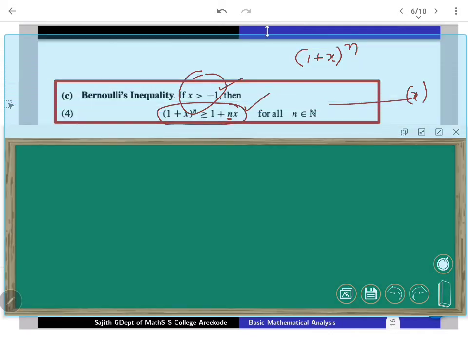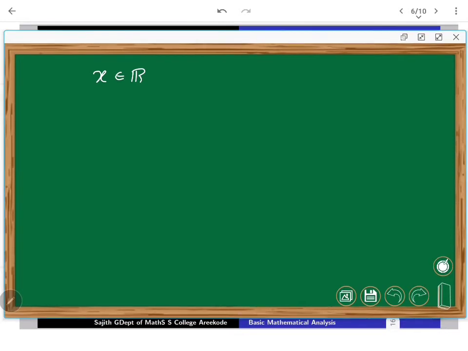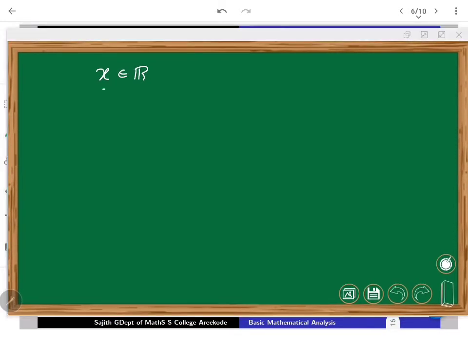So the absolute value function is defined like this. Take any real number x, then trichotomy guarantees that it should be either positive or negative or equal to 0. So let me just define it very formally. Instead of x, let me write a. So a may be any real number.